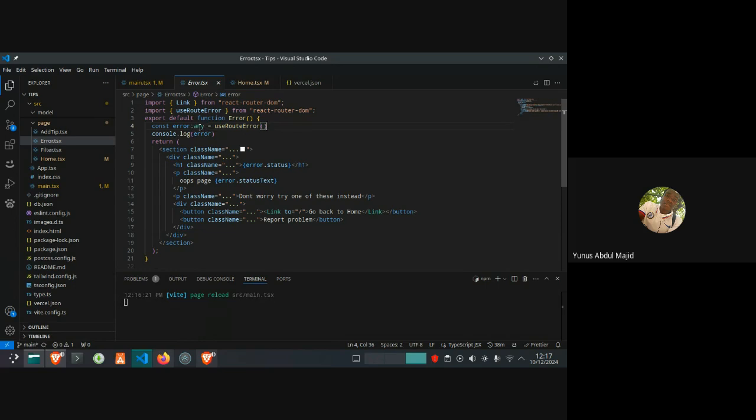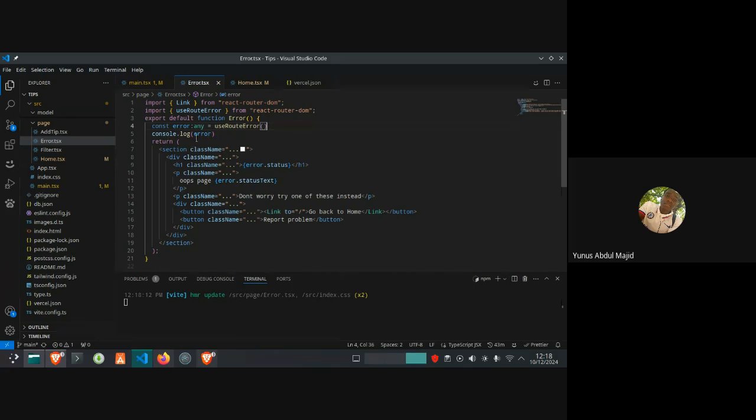This any that you are seeing beside it is, like I said, a TypeScript thing, so you can just ignore it. You can go without it, but you can see it's showing me an error: error is of type unknown. It needs to know the type of value this error is supposed to show. Currently, I didn't pass any error type to it, so it doesn't know what value to throw. So I can just type it as any, like I'm telling it to expect any type of error value.